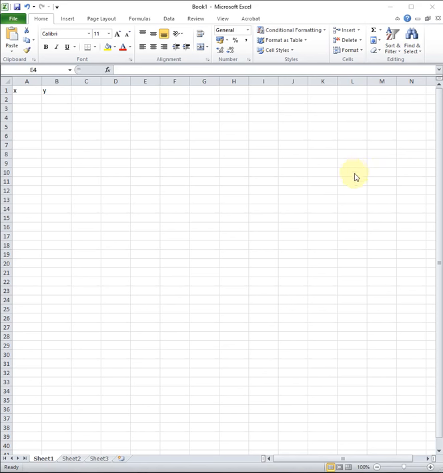Plotting graphs in Excel occurs in a similar way to that in MATLAB, in that all you have to do is supply Excel an array or a list of X and Y values to plot. So let's just do a quick example. I've got here an Excel sheet and I want to plot X data versus Y data in terms of a